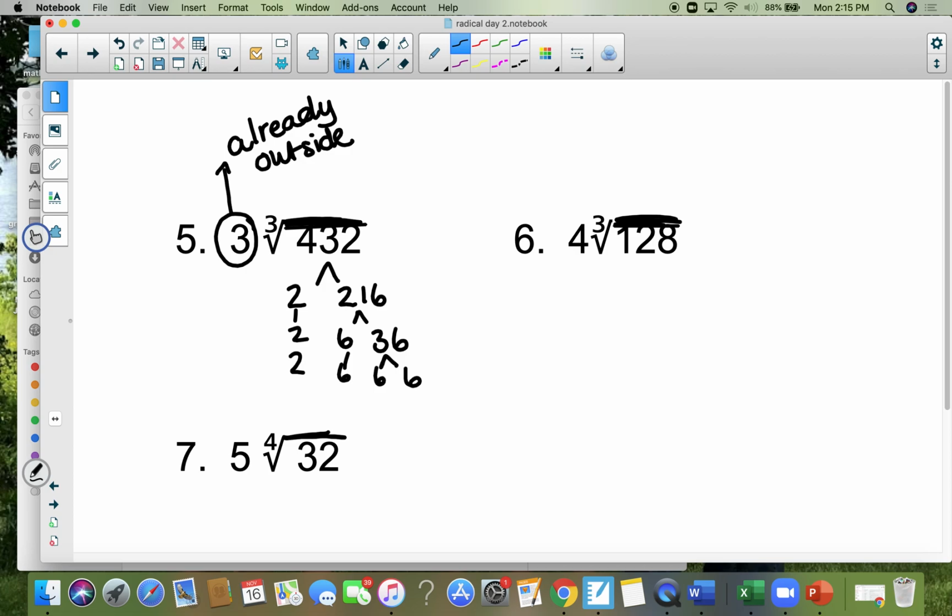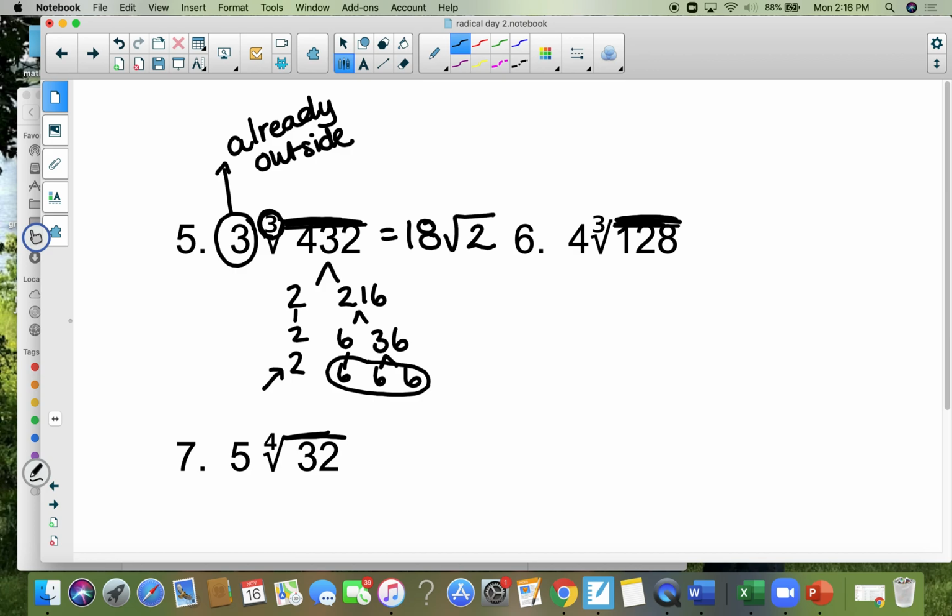I can stop right now because I am looking for 3's of something, and I already got my 3's. I got enough 6's to take 1 out, but there's already outside a 3, and you're going to take a 6 out, so 3 times 6 is 18, and notice that there's a 2 left on the inside, but remember,